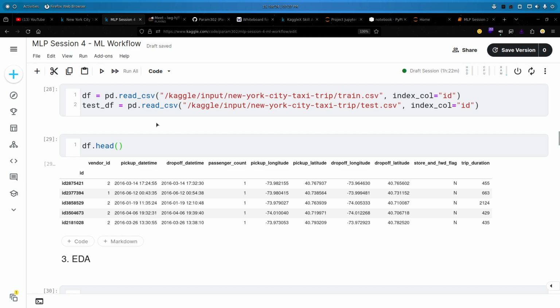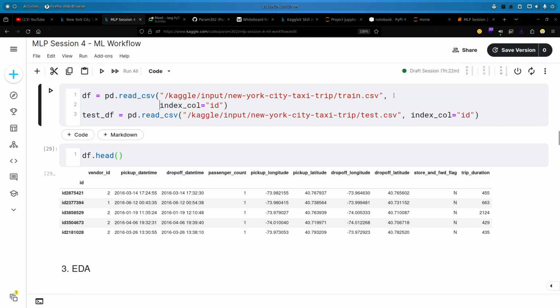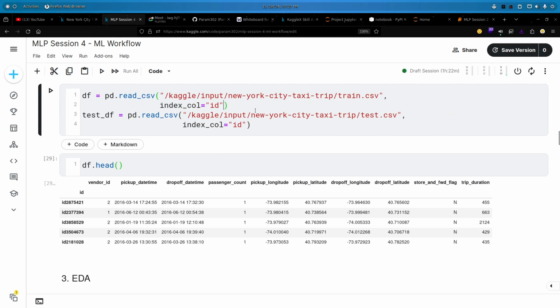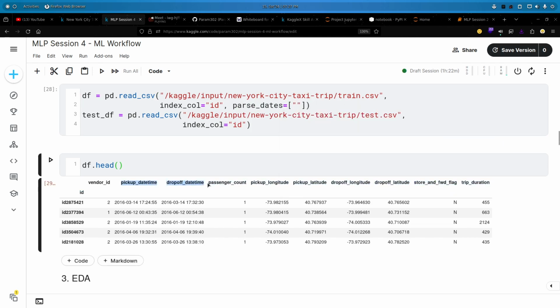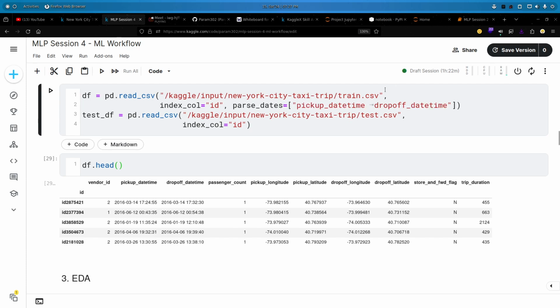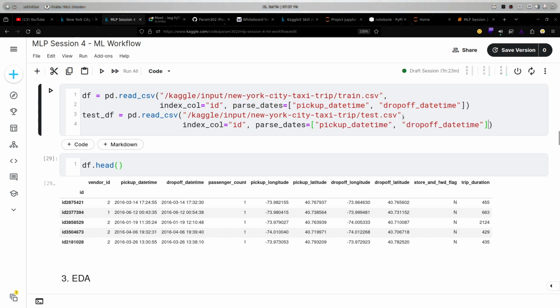If you remember, in the last session I discussed some functions to use datetime columns. So while creating the data, I'll use the parse_dates parameter and write the two column names which represent the dates. The first one is pickup datetime and the second is dropoff datetime. I'm just passing a list of the columns which are of datetime type, so they will be interpreted as datetime. Now if I run it,